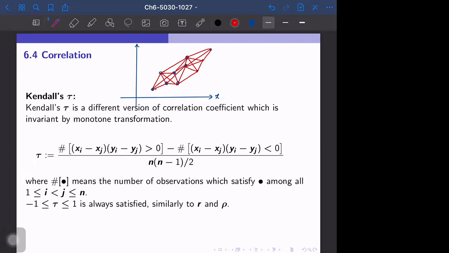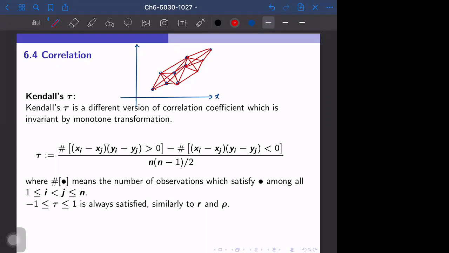Hi, the next one is Kendall's tau. The idea is similar to Spearman's rho. When we have some outliers, we want to make a correlation coefficient which is robust against those outliers. But just the definition is different from rho. So Kendall's tau is a different version of correlation coefficient, which is invariant by monotone transformation,